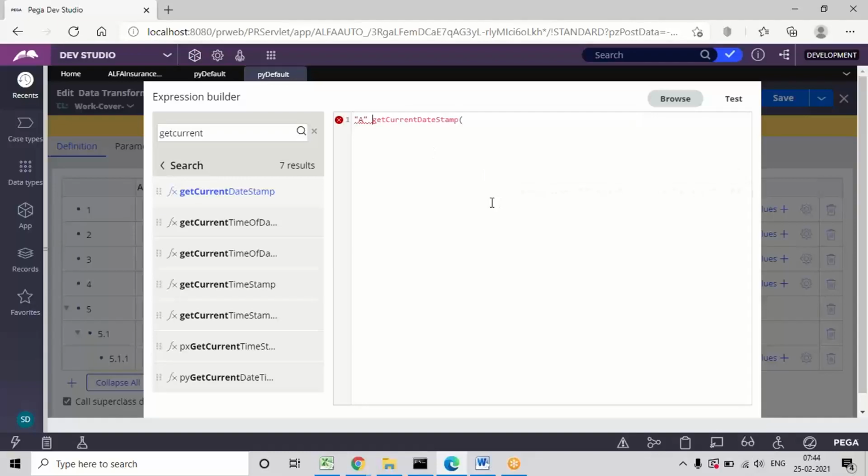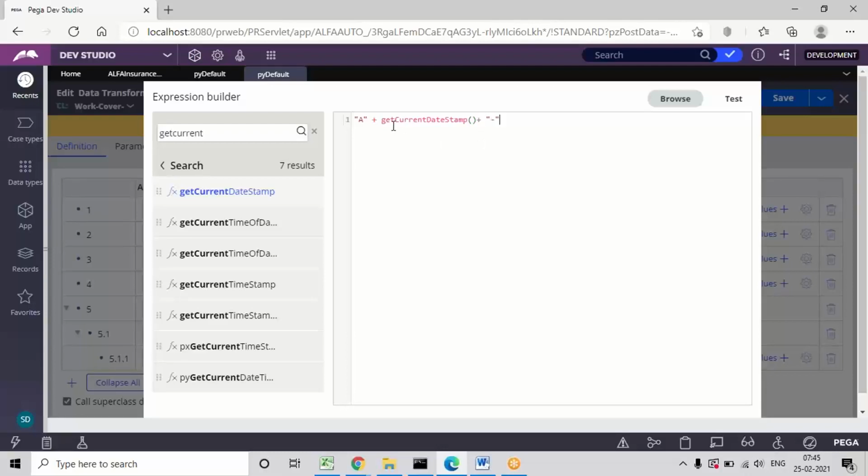So give a in double quotes and give plus, to divide that with plus. So you can give a and give plus to divide the character and date value, and close the bracket. And in every prefix, a hyphen will also be there, right? And manually we need to insert the hyphen also. Again give plus, and in double quotes give a hyphen.